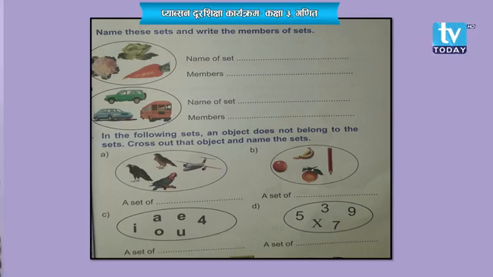Now, next, in that fruit set, a pencil is there, right? Does the pencil belong to that group? No. So, pencil doesn't belong to that group. So, you have to see the sets and identify the picture, whether it belongs to that group or doesn't belong to that group. Now, tell me students, from this picture, which one is the odd one over here?